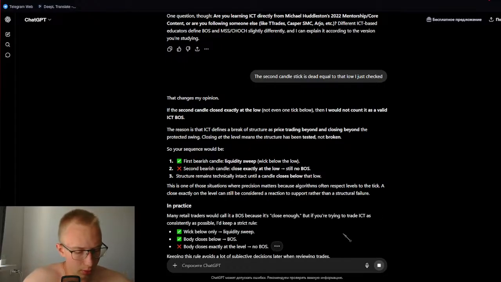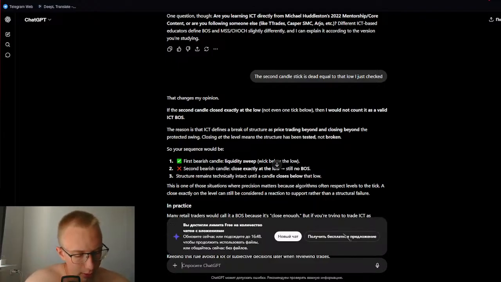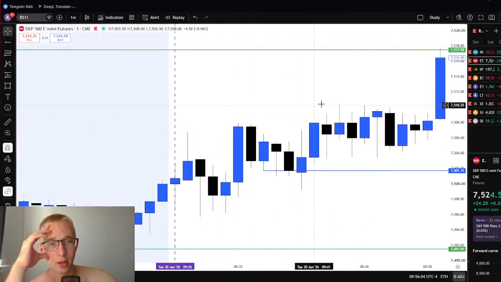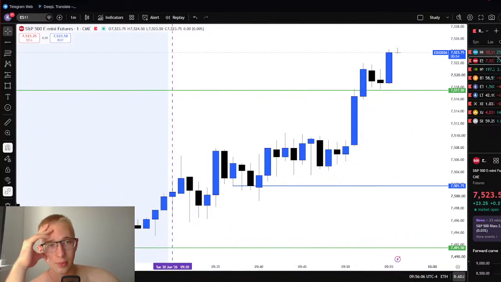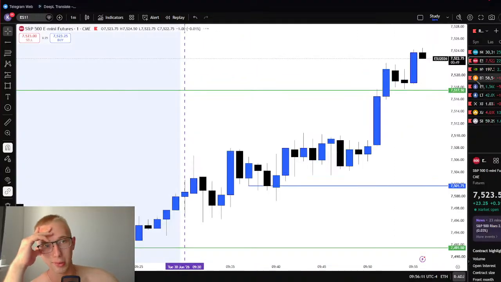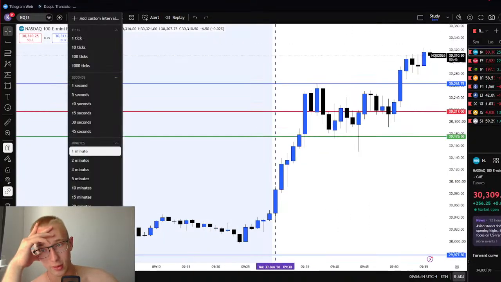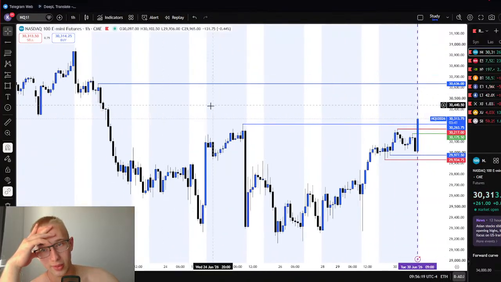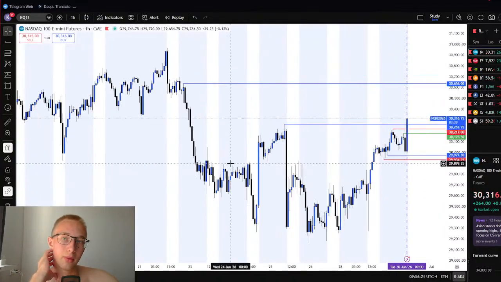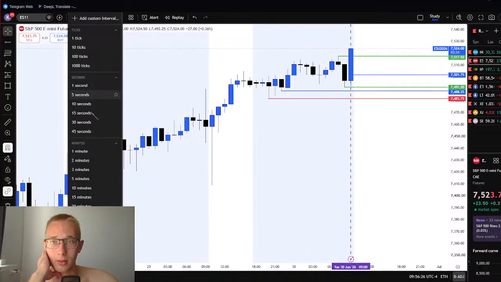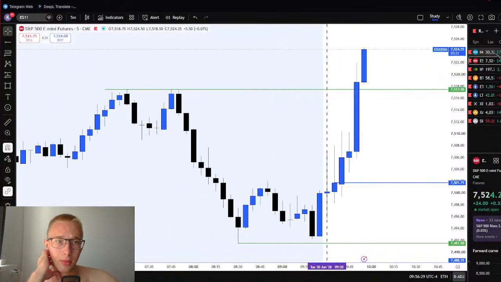Okay, I'm switching off the stream because I didn't see the point of looking at that. He did not take this trade as well as I did, and it's the same reason why I didn't take that. He thought longing when we'd just swept those highs is very risky, with pretty much nothing to target. There is liquidity there, but it's too far away. He wasn't really willing to take this trade, neither was I.